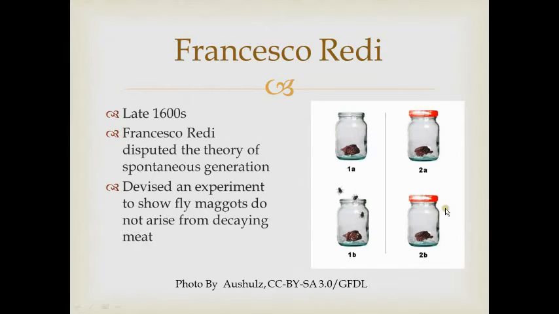The next day, Redi found the jars which had access to flies had maggots developed on the decaying meat, whereas in the jars that were sealed, no maggots developed. Supporters of the spontaneous generation theory disputed Redi's experiment, claiming that by sealing the jars with lids, he prevented those vital